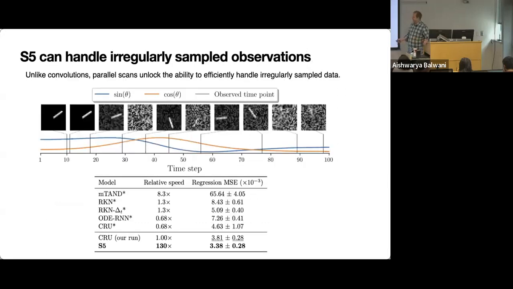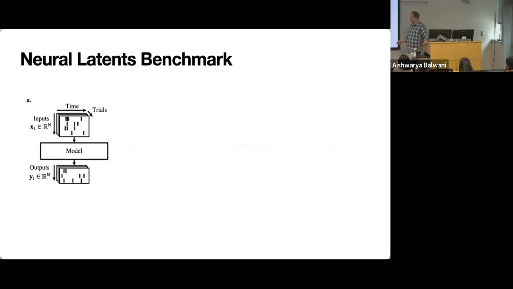And we've done it in places where you have irregularly spaced samples, which is one of these things that you couldn't really do with S4 because you had to construct this convolution kernel that applied at all time steps, and that doesn't work if your time steps are irregularly spaced. But it works fine when you do everything in the time domain, and it's like 130 times faster than the preceding methods for this, and also a lot better.